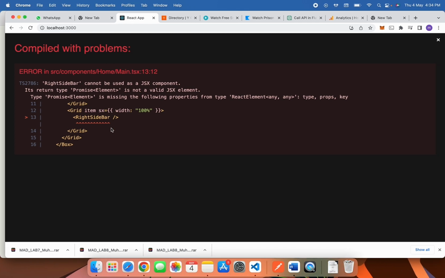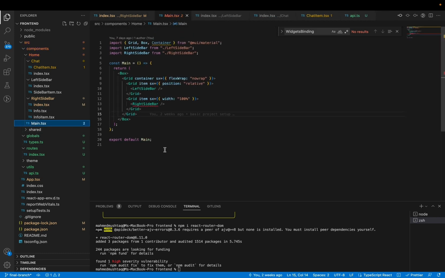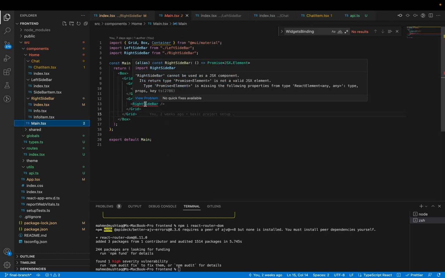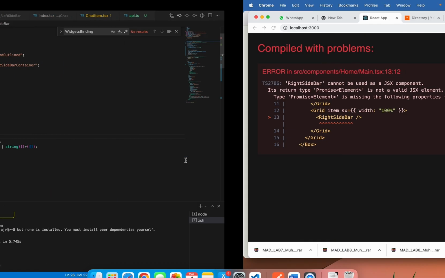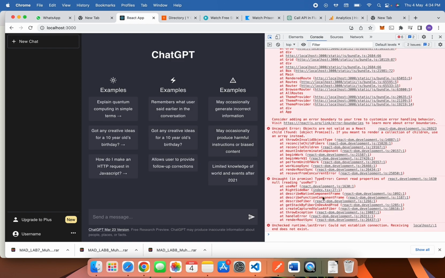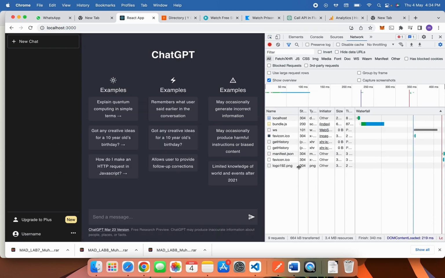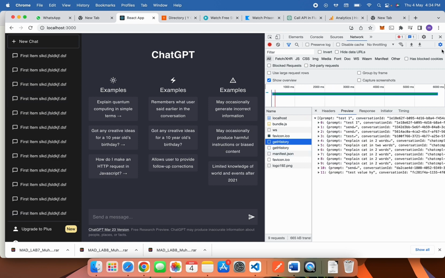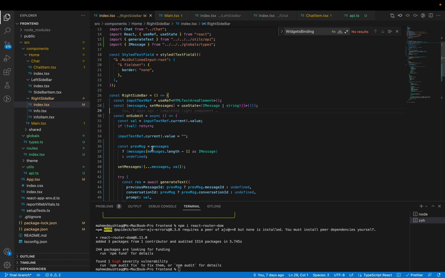Forms element is right sidebar. Go to main. Oh, sorry, my bad. Console network. Just refresh it. Now you can see the history. Now after selecting some part, we need to show our right side, and then for this